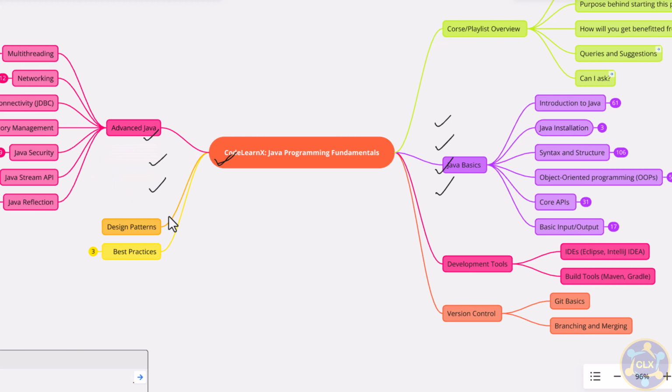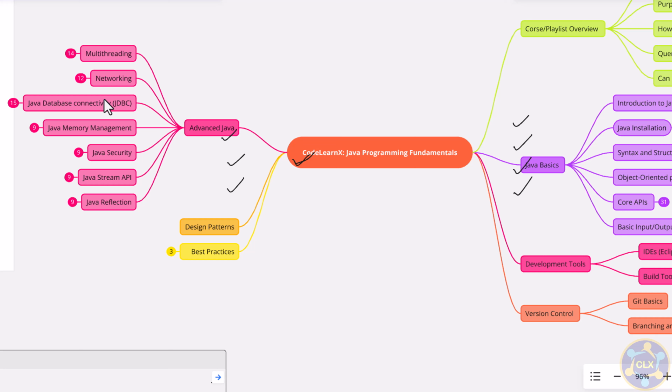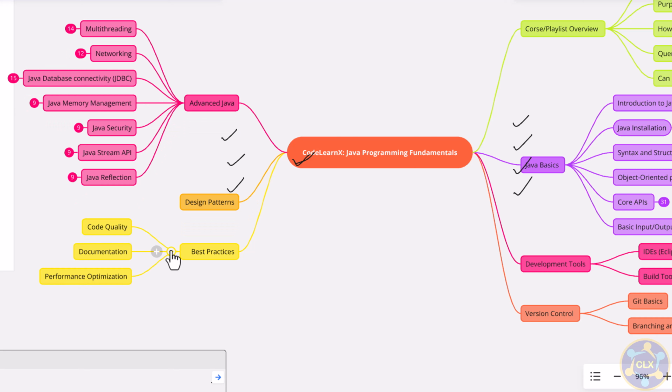I have created some points that we'll be seeing as part of advanced Java. We'll be seeing multi-threading, networking, Java Database Connectivity, JDBC. After that we'll see Java memory management. Then we'll see Java security. We'll see the Java Stream API. We'll see Java reflection. Then we'll see design patterns and some of the best practices when we are about to finish this series,